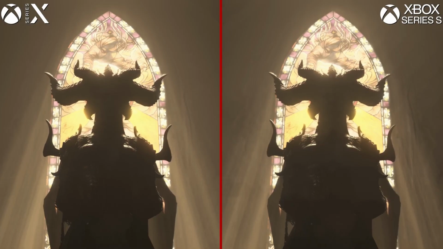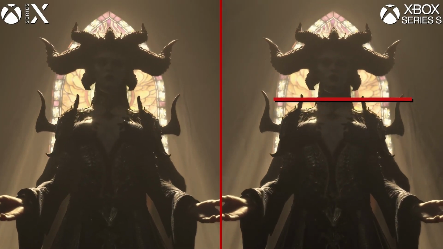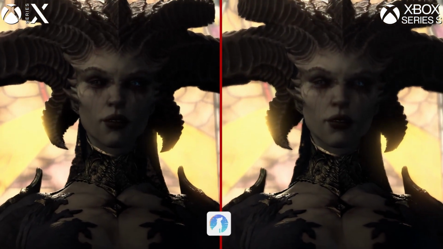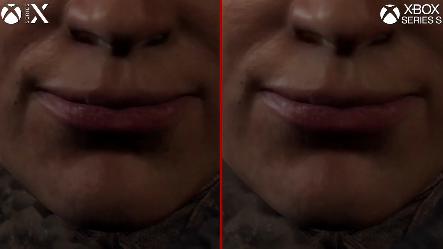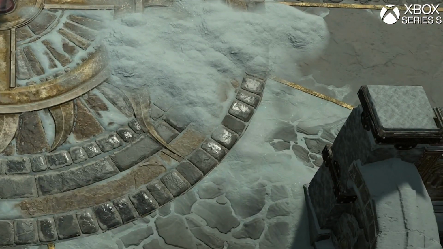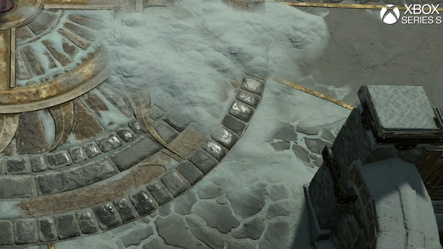The Series S is unsurprisingly lower, targeting now a reconstructed 1440p, but that comes from a base of 1506 by 847. This results in a softer image overall, but some of this is down to the lower install base and therefore lower textures and assets in the title, but the lower resolution can be noticed at certain points and certainly when zoomed in here, but at normal viewing distance the resolution isn't the biggest delta you'll notice,